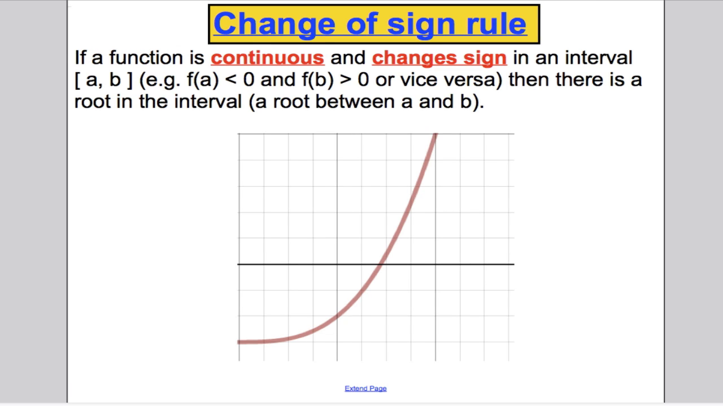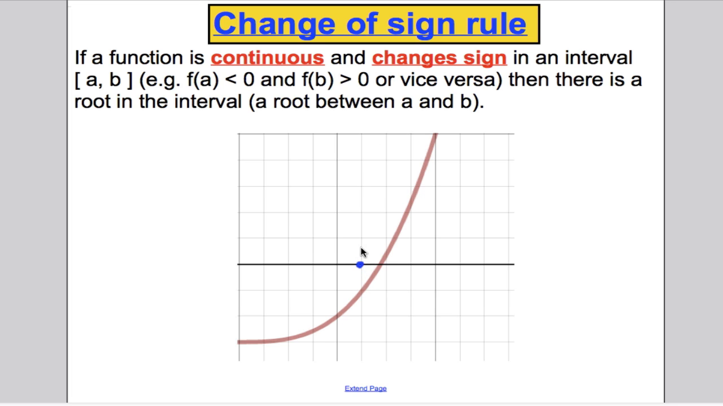And the change of sign rule, which you should note down, says the following. If a function is continuous and changes sign in an interval ab, that means, for example, f of a is less than 0 and f of b is bigger than 0, or the other way around, then there must be a root in that interval. There must be a root between a and b. So, for example,